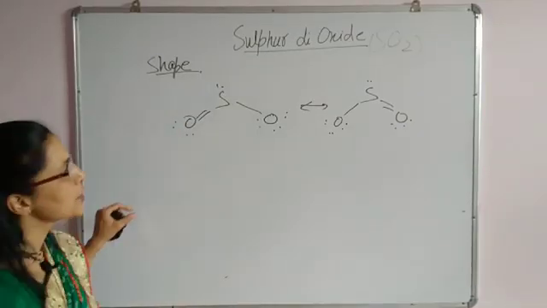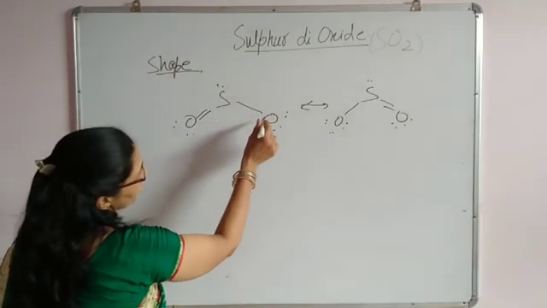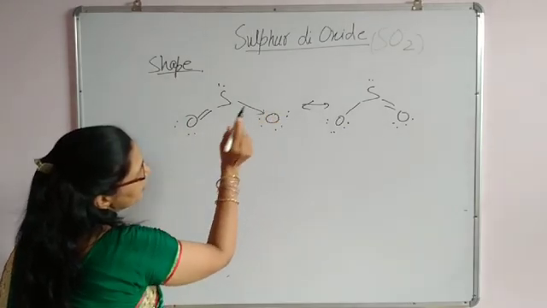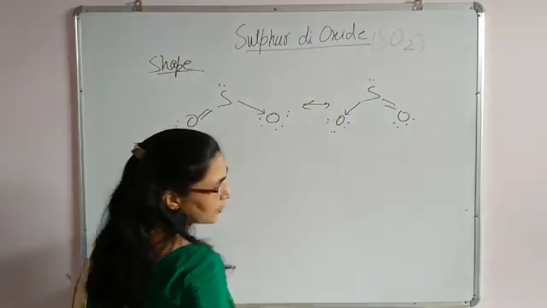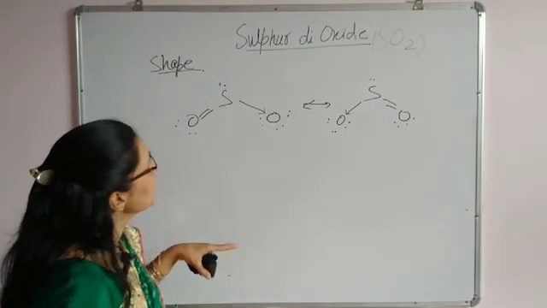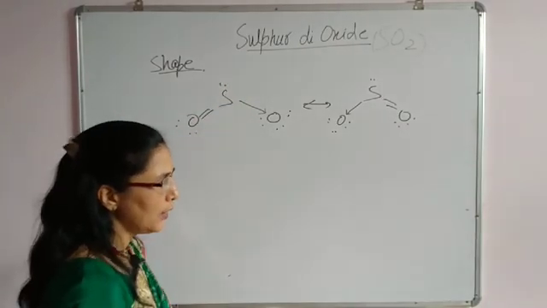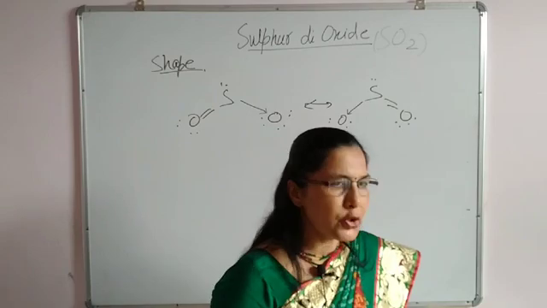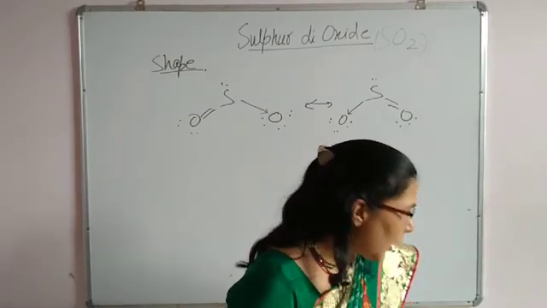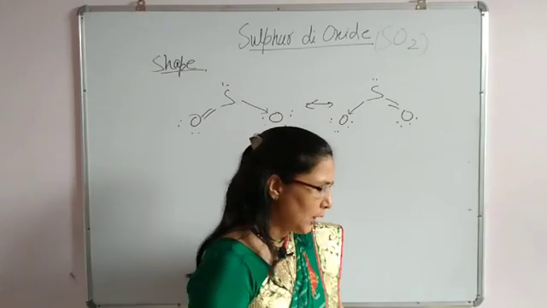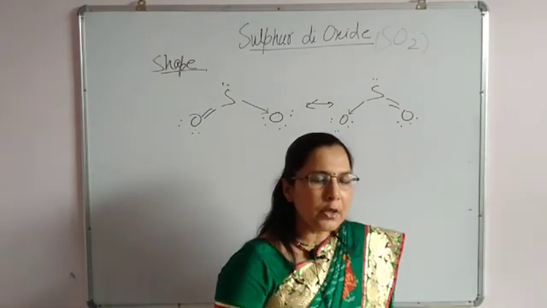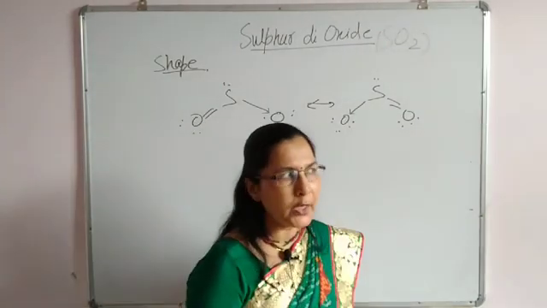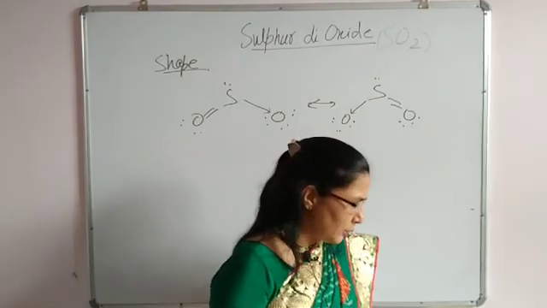Now its shape is bent shape. Okay. Sulfur is forming a dative bond with the oxygen. It means it is donating 2 electrons to this oxygen. Okay. And it has a lone pair, so a bent bond angle will be there in sulfur dioxide. Uses of sulfur dioxide are in refining industries and the sugar industry to decolorize it, as well as bleaching of wool and silk, and it is used in the manufacturing of H2SO4 and sodium bisulfite. You have prepared sodium bisulfite, so that is a use of SO2 gas.